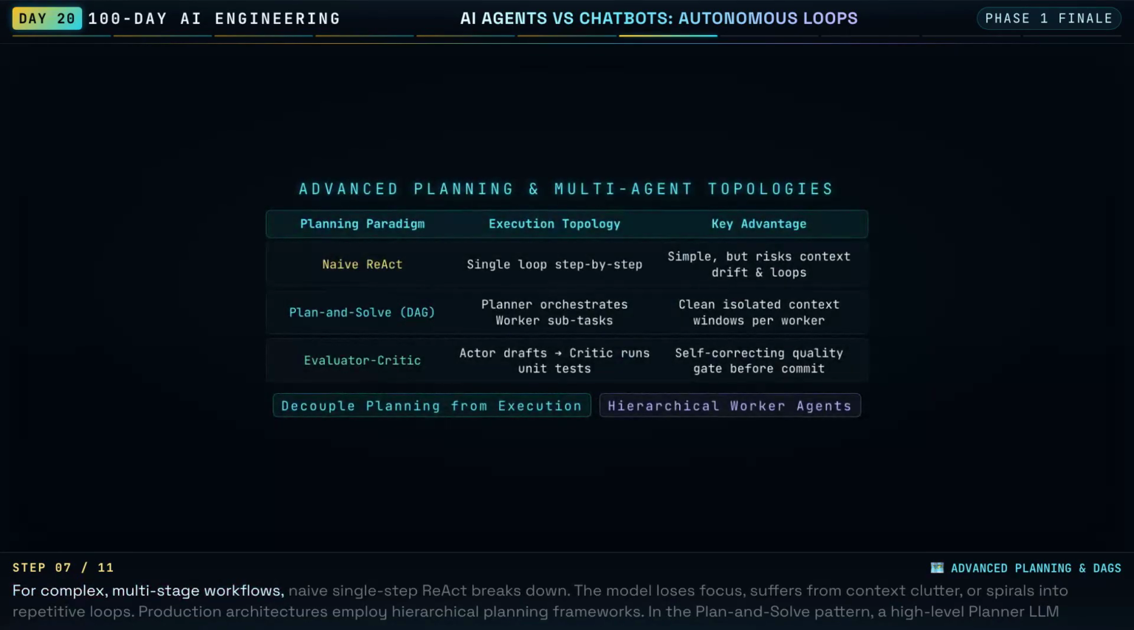For complex, multi-stage workflows, naive single-step ReAct breaks down. The model loses focus, suffers from context clutter, or spirals into repetitive loops. Production architectures employ hierarchical planning frameworks. In the plan and solve pattern, a high-level planner LLM decomposes the user's objective into a directed acyclic graph of independent subtasks. Dedicated worker agents execute each subtask in isolated context sandboxes, returning only concise summary payloads to the parent